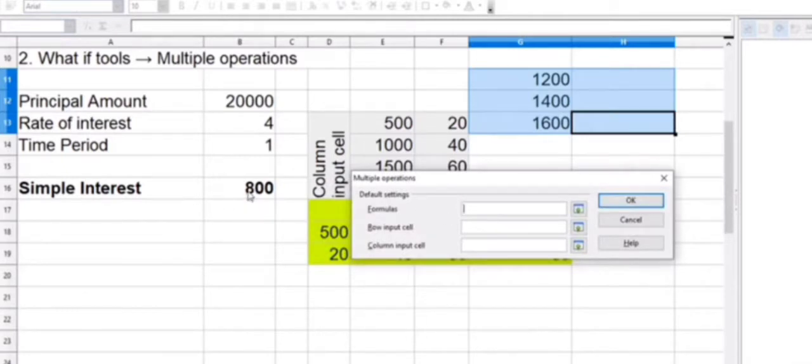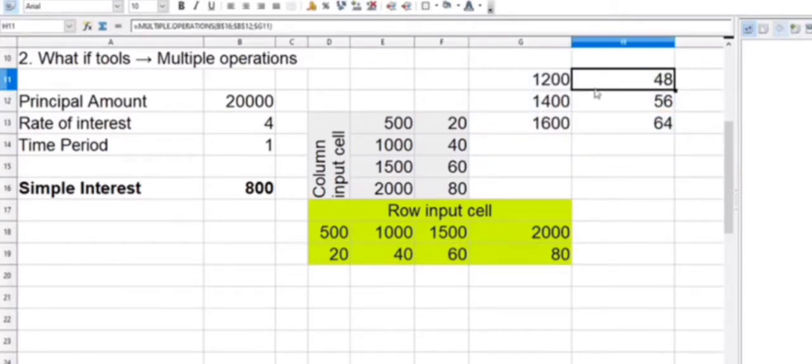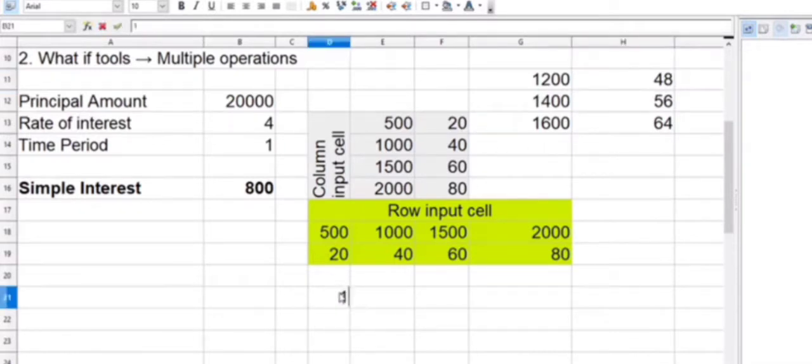Here there is a formula cell. Firstly you enter the address of the formula cell, whose value you want to change. Then, column cell or row cell, we are going to select the column cell, then click OK. And you can see where we entered the values, all the values are entered. Automatically we have the rate of interest available according to these values.